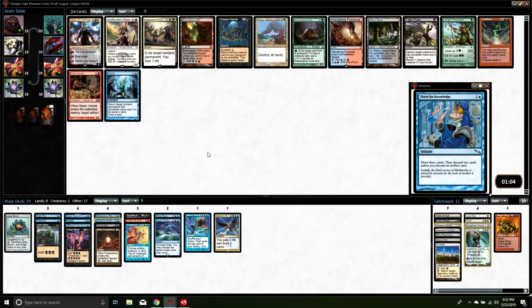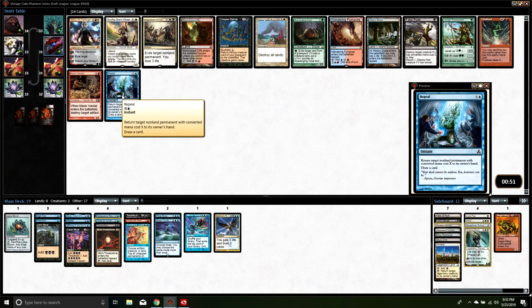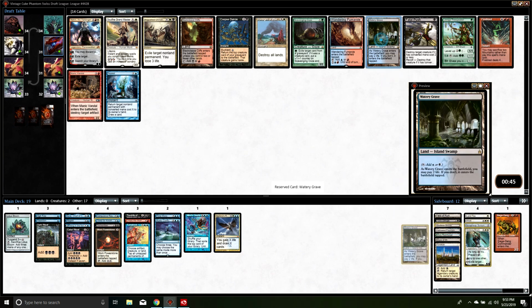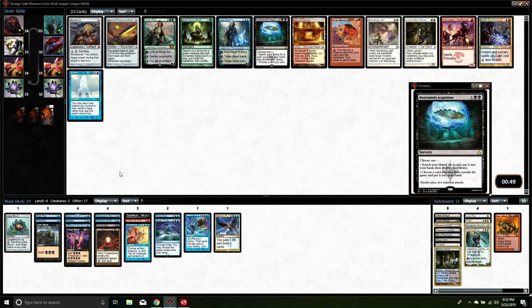Okay, so here we go. We got a Watery Grave, which is perfect. Our Misty Rainforest finds it. There's a Fatal Push. A Repeal is usually fine. You can bounce tokens, draw a card. You can bounce whatever their threat is, and draw a card. But I think I want the Watery Grave. It's just going to help us cast our spells. That's going to allow us to tutor up all of the things we need to